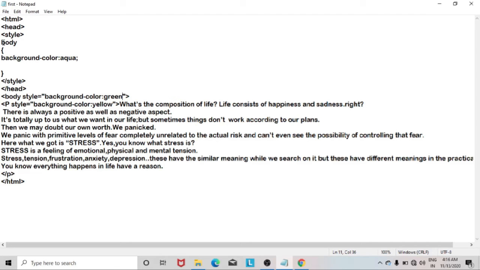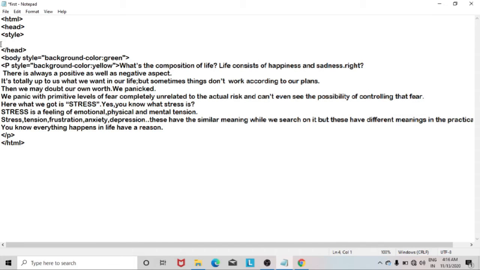So this is all about internal CSS and inline CSS, but the main thing is that we're going to mainly use external CSS and not all these things. I'm just deleting it, and now I'm going to discuss why I'm telling you to use external CSS and not inline or internal CSS.